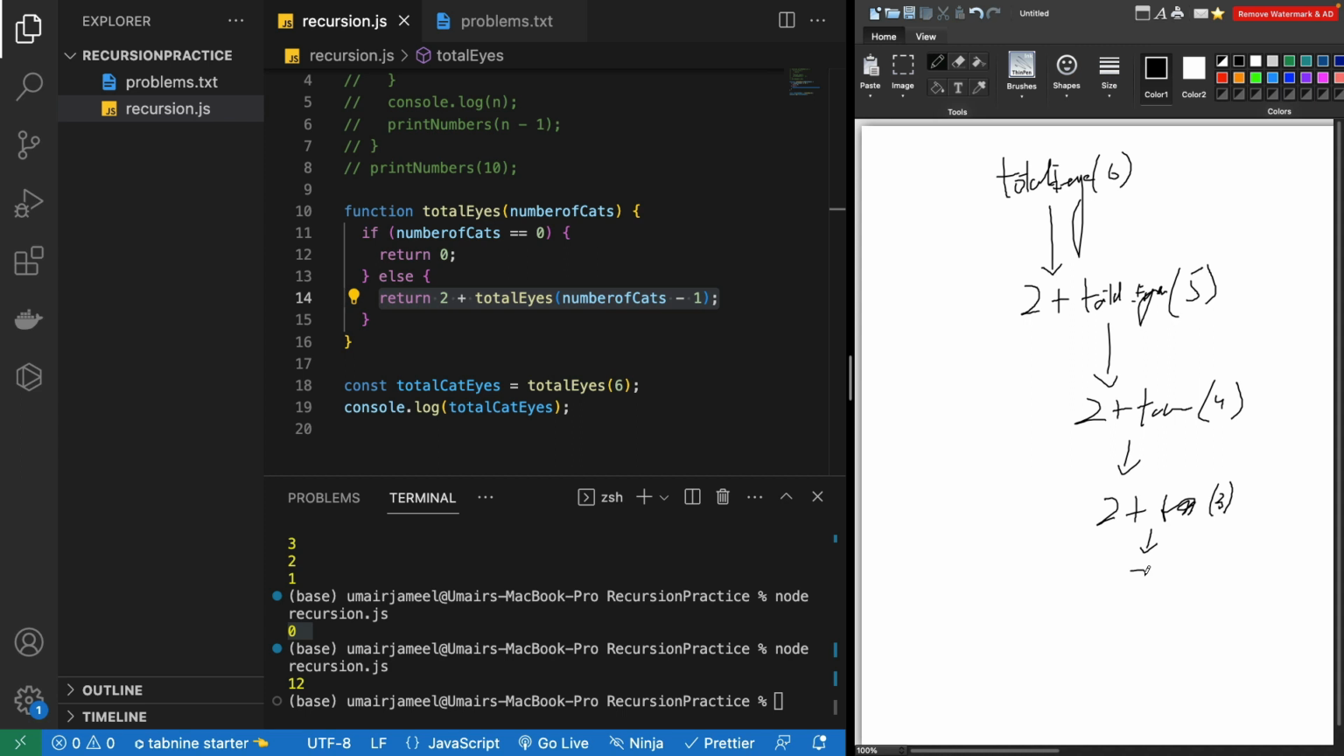Let's try to get 2 plus, and then this is the function, it will become 2, and then 2 plus function, it will become 1, and then again it will become 2 plus, and then the function, it will become 0. Okay, and when it becomes 0 on the left side, you can see that this base case is going to get true because the number of cats is 0 being passed from here to this function. When this base case gets true, it will return 0,